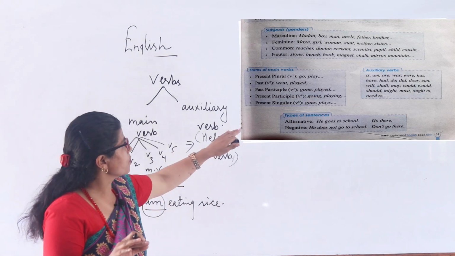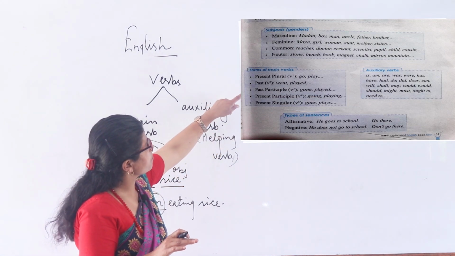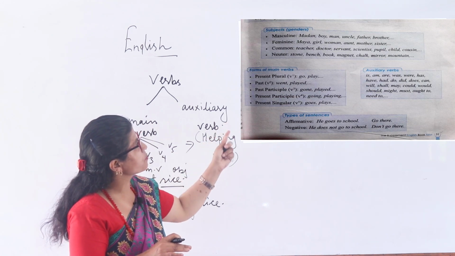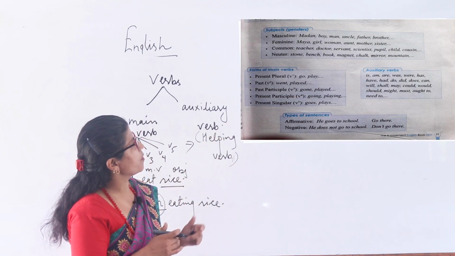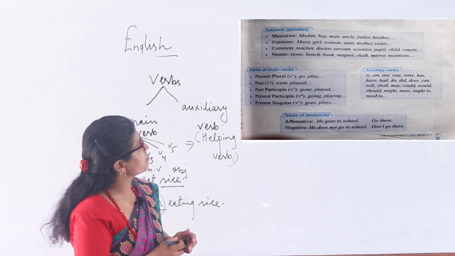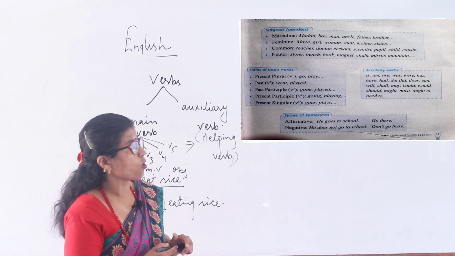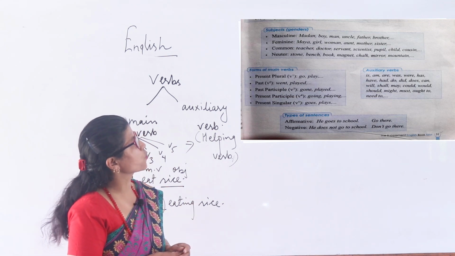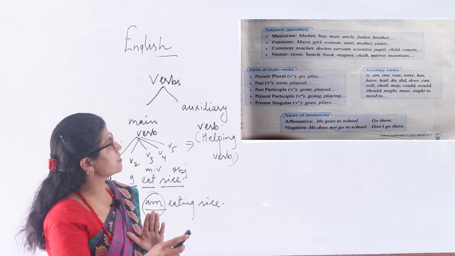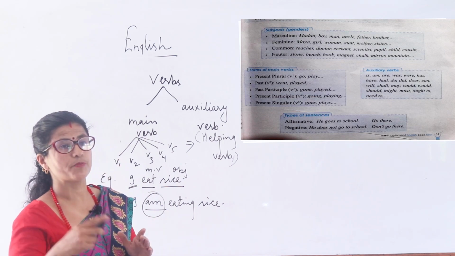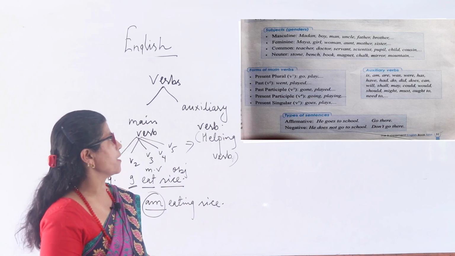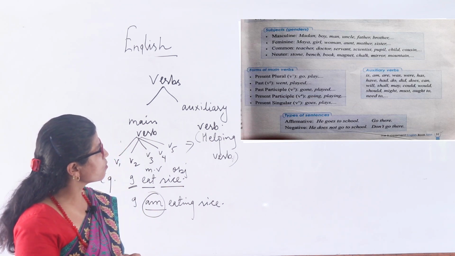Okay, so as you can see, the present plural is go, play. The past form of go is went, and the past form of play is played. Past participle means the third form: of go, that is gone, and of play, played. And present participle is go plus ing, going. So B4 means present participle: go plus ing, going; play plus ing, playing. And present singular means that is